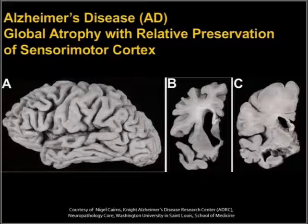Okay. So you can see enlargement of the lateral ventricle in these coronal slices. Here we can see enlargement of the temporal horn and the hippocampal atrophy. And even if you look along the surface of the brain, these areas where we can see the widening of the sulci. So all of these are findings that are apparent on structural brain imaging and that we can have